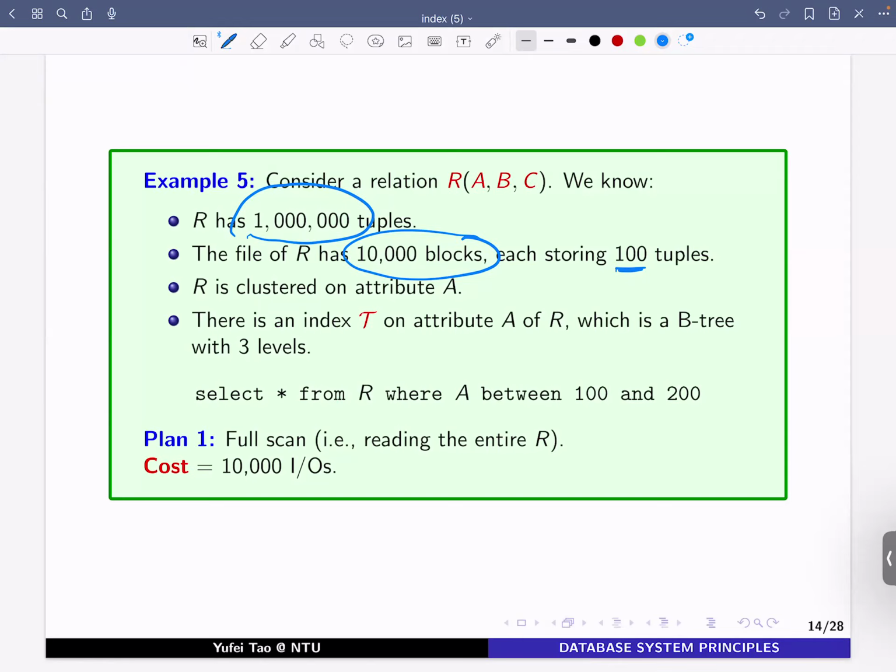Now this is something important. This tells you how the relation is sorted. The relation is sorted on A. This is going to be useful later. All right. Now you also know, by the way, these bullets